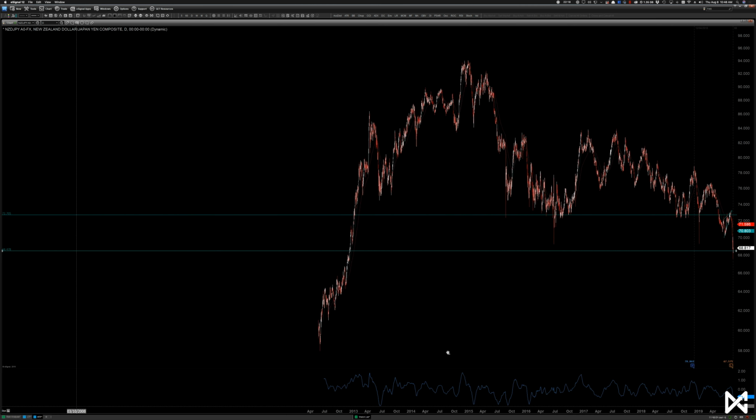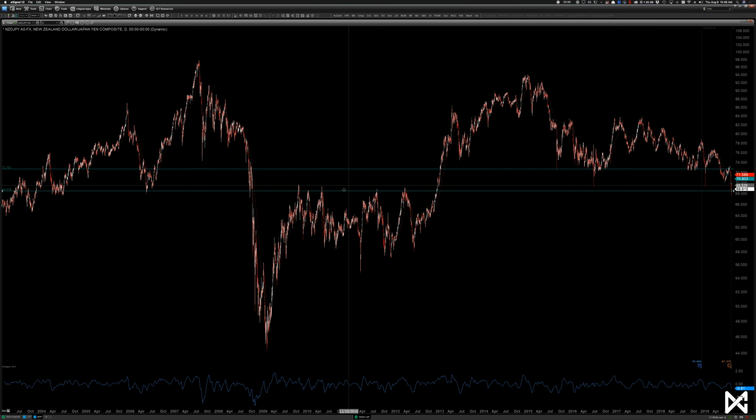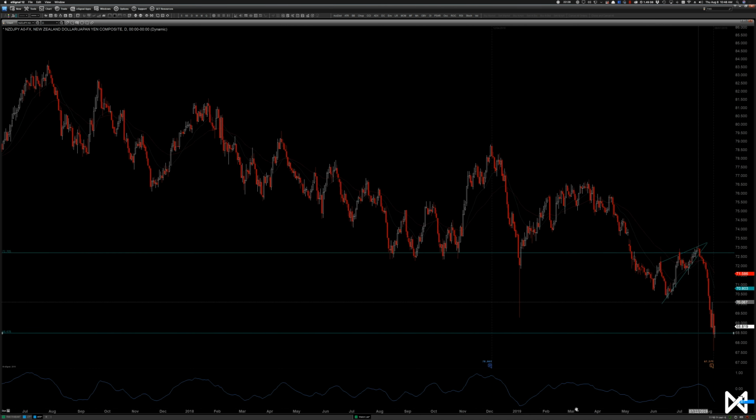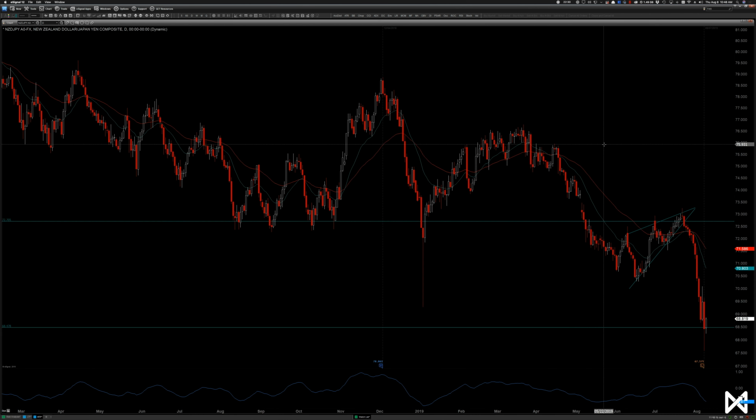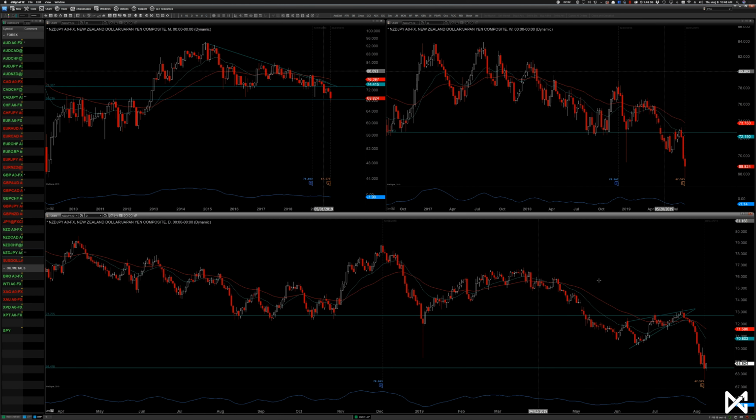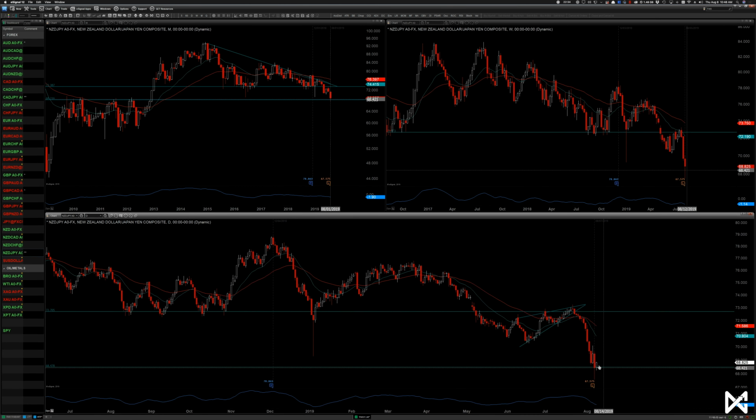Let's zoom out. There it is. It's these previous highs, right? It was once support, became resistance during this period in time, and now might potentially act as support again. But if you look at it, we don't have a trend change, right? So this would just be a daily pullback. That's it, a simple daily pullback,